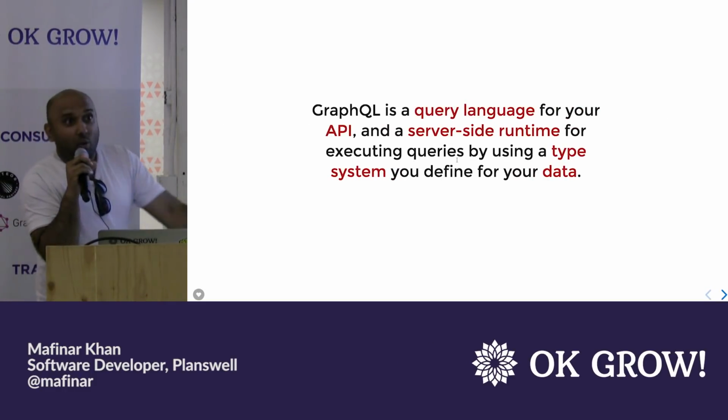We didn't quite know what it was, and back in 2015 or so, when the GraphQL paper came out, I'm pretty sure it took a little time to get used to what GraphQL exactly does. Like, what is it? Is it something that magically gets you all the data in a different format? Or is it something like REST, or what is it all about? So I'm pretty sure you all know this definition. It's comprised of a query language and a server-side runtime.